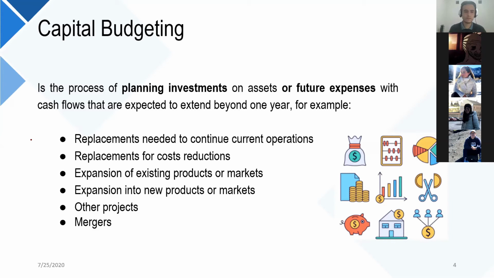What is that? Examples of that? Well, maybe you need to do replacement to continue current operations. That will be an investment on maybe fixing assets. That will also be categorized as CapEx. Replacement for cost reductions. Maybe you are doing an analysis for automatization and you conclude that you need to buy